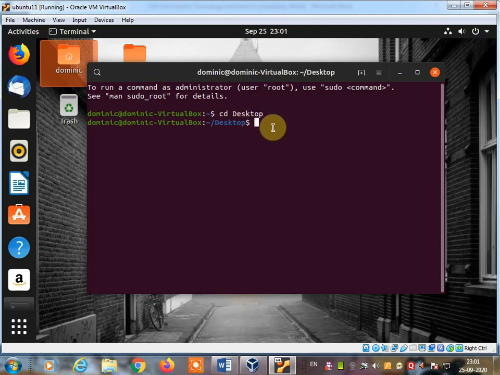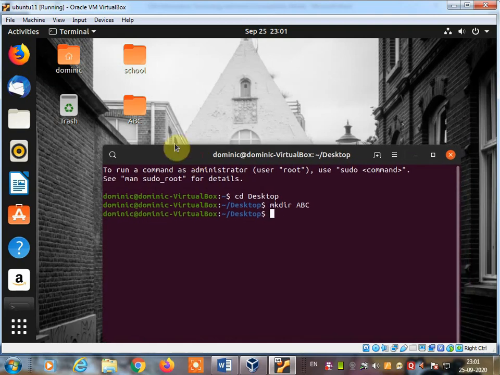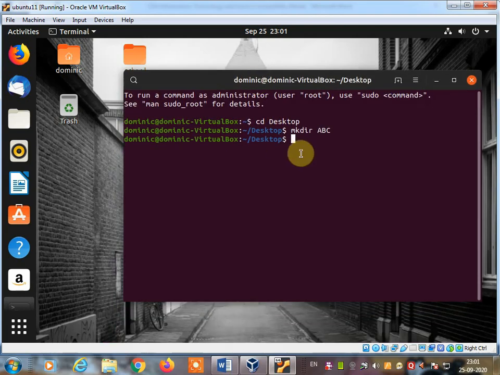Now suppose you are going to create any other directory, you can use mkdir command and the name of the directory, for example abc, and press enter key. So you have created a new directory on the desktop. Look here, abc directory created by using the make directory command. So that is the use of make directory command in terminal. So you can easily create any folder or directory on the desktop by using the terminal.